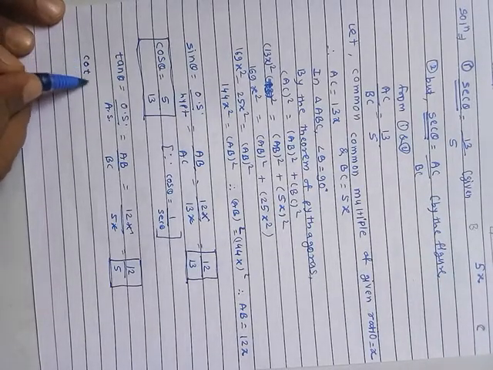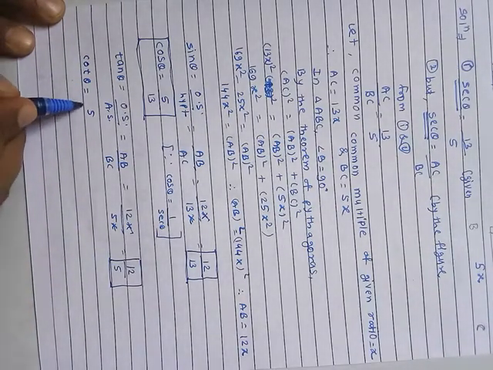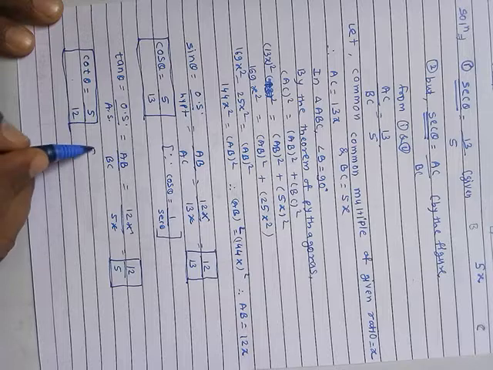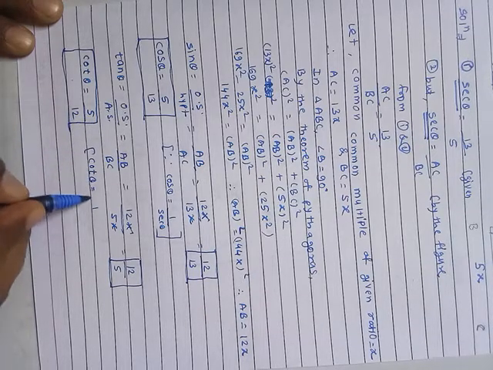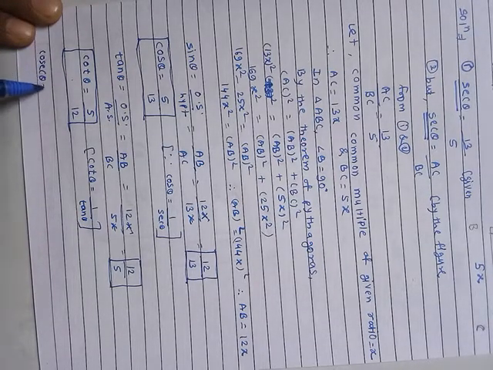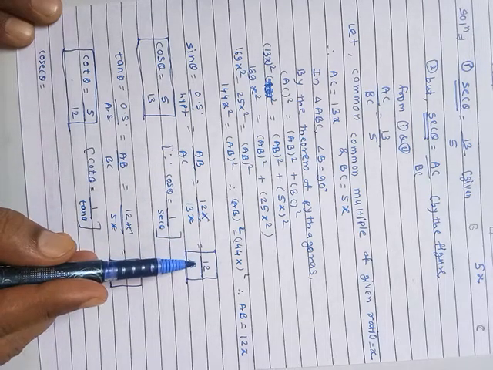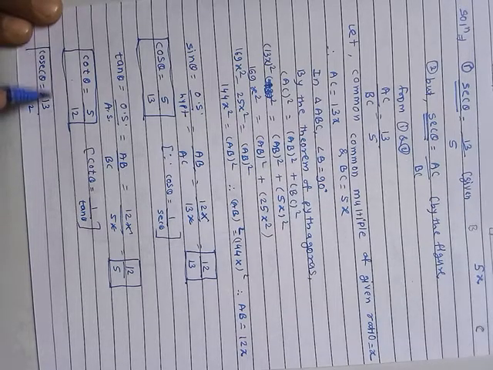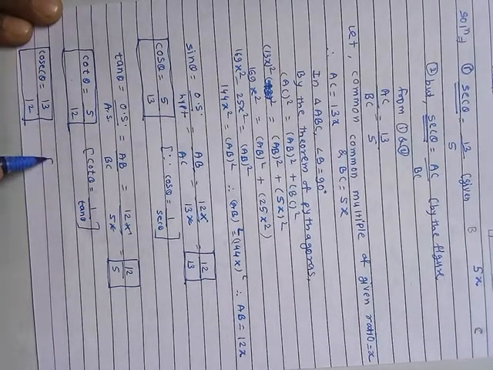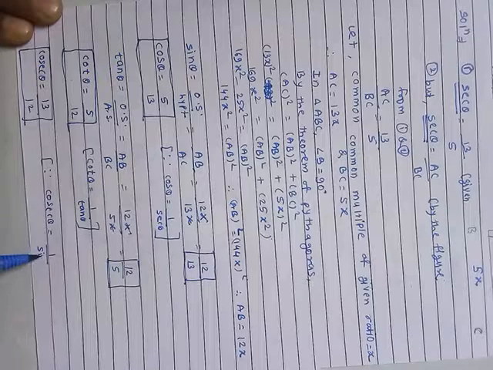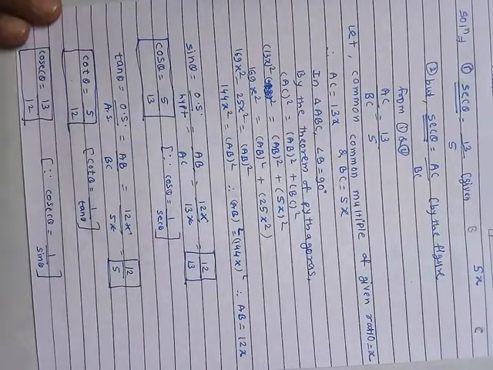This one is tan theta, and the inverse of tan theta is cot theta. Cot theta equals the inverse of 12 by 5, which is 5 by 12. Why? Because we know that cot theta equals 1 by tan theta. Then find cosec theta. Cosec theta is the inverse of sin theta. Sin theta is 12 by 13 and the inverse of 12 by 13 is 13 by 12. Then cosec theta equals 13 by 12. Here the reason is cosec theta equals 1 upon sin theta. Okay, thank you friends.